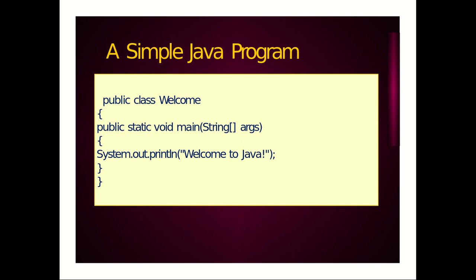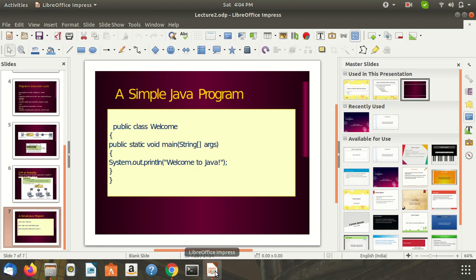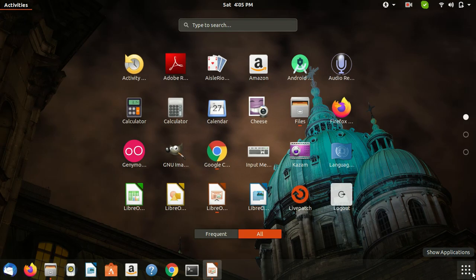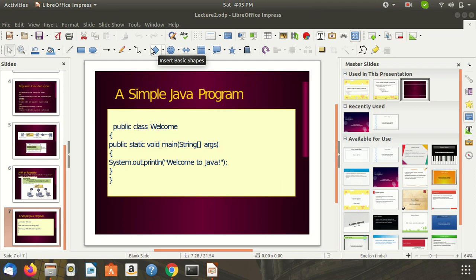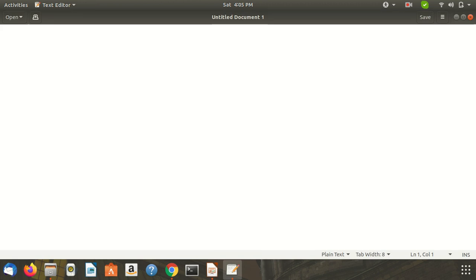Now let's see how to write the Java program and how we can execute that program. So we need a text editor. Here I use a Linux system, and here I use the text editor. Define the class with the public specifier. We use the same class.